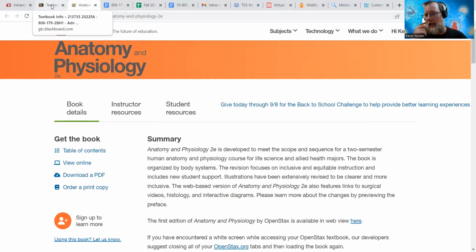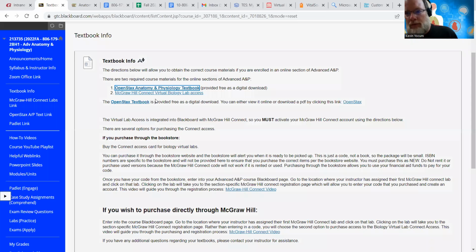Or you can even buy an older edition of an A&P book on Amazon or eBay for potentially like 10 or 15 bucks. So anyway, this is an e-text, so you can view it that way. And I think in general A&P, if you took it at Gateway, you would have had that same text. And again, it depends on what instructor you had, and it also depends on you, how much use you got out of it.